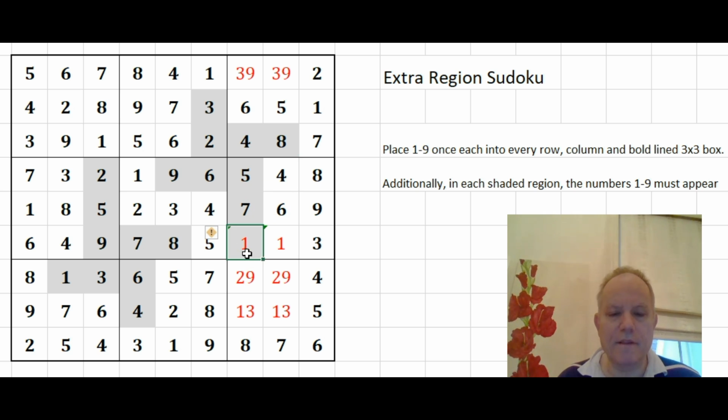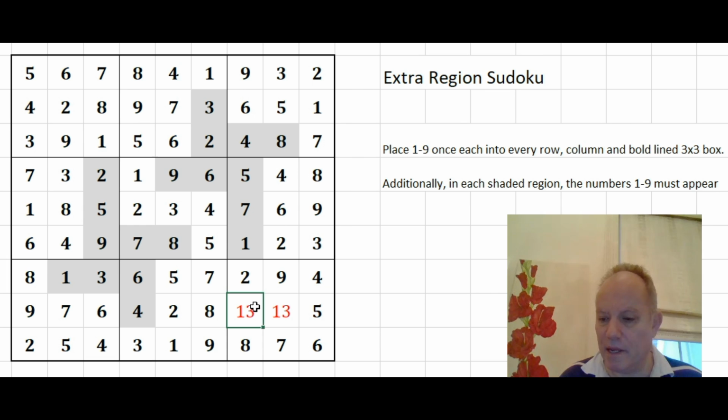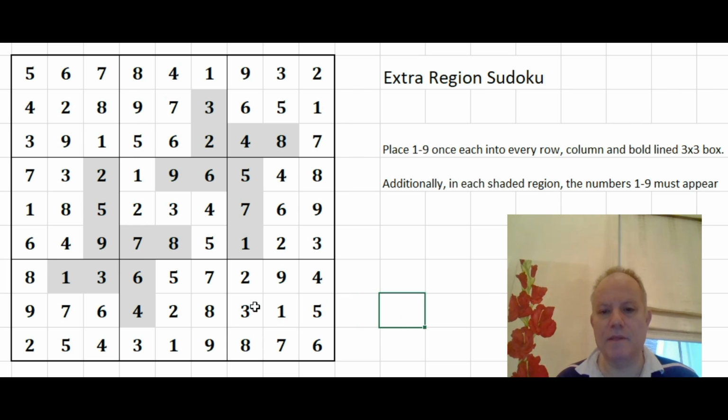Ooh, yes, I mean this last bit has to be resolved by the extra region. We've got a 1 and a 2 to go into this box, and we've already got a 2 in the shape. So 1, 2 there, 2, 9 there, 9, 3 there, and 3, 1 there. I mean, it's an entertaining solve. Nice puzzle, that, and